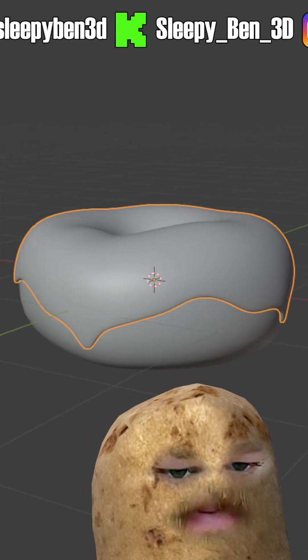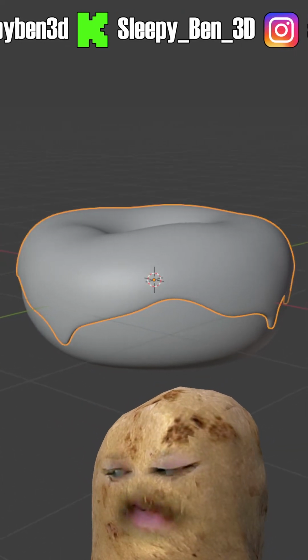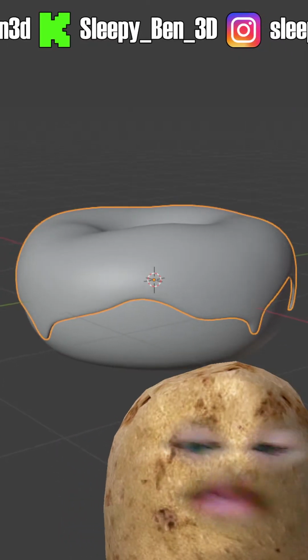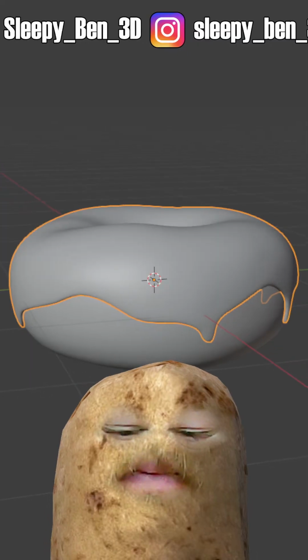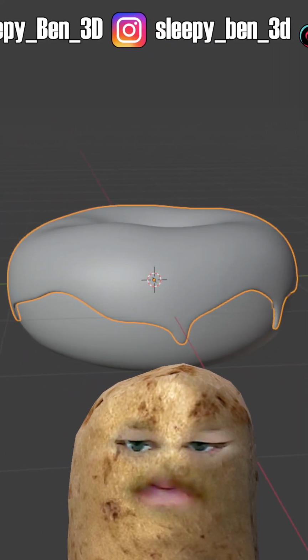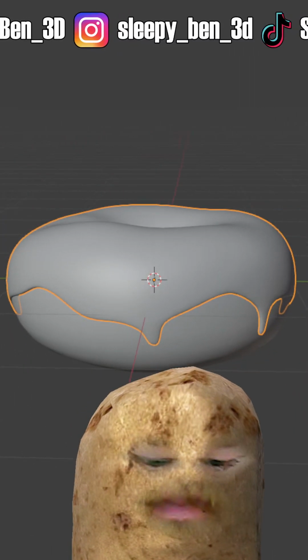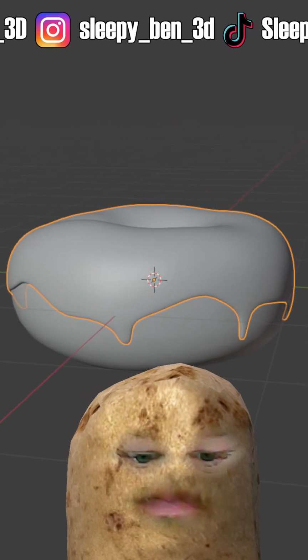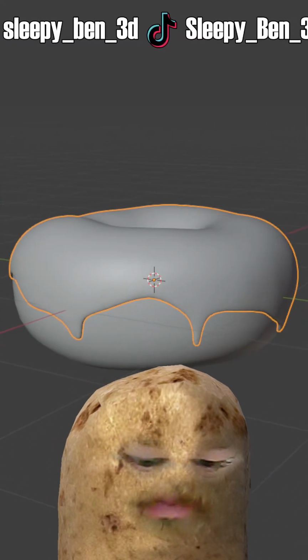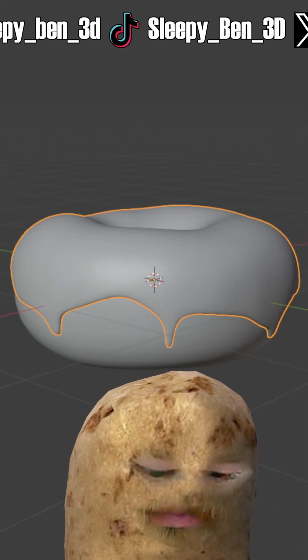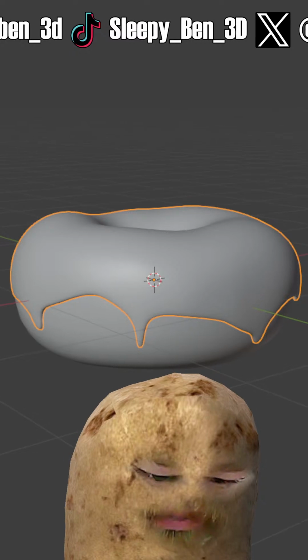And first of all, it hasn't done anything because it needs to know what the target is. What is the mesh that we're shrink wrapping our mesh to? So with this little eyedropper tool, you can see when you've clicked it, my cursor's changed to an eyedropper. And now if I hover over objects, I get the name of it. So I want to click on the object that is the donut, and now it's snapped to the donut and